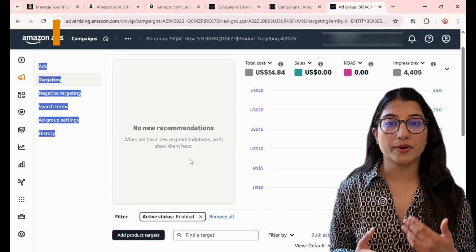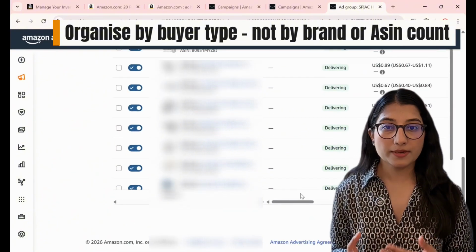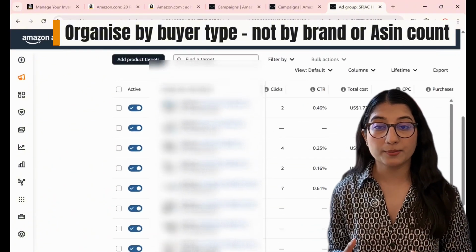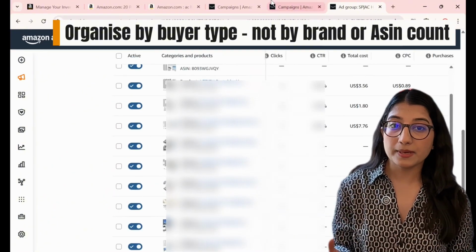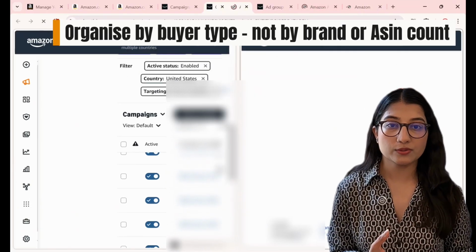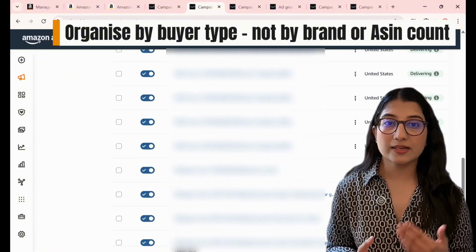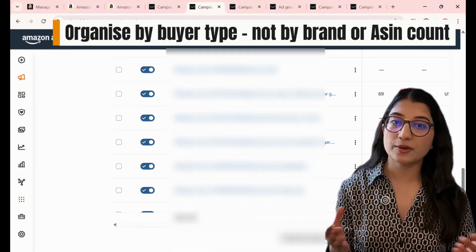Think about your product category. Your competitors are not all the same. Some attract budget buyers, some attract professional users, some attract people buying for a specific use case. Maybe it's for outdoor use or heavy-duty commercial use, or it's a gift purchase. Those are completely different shoppers with different buying triggers.